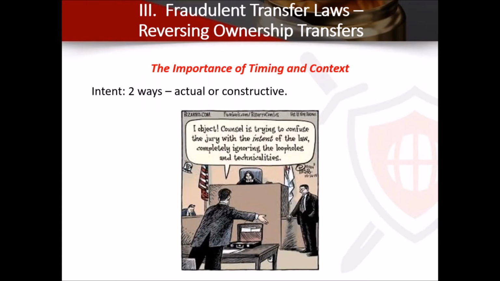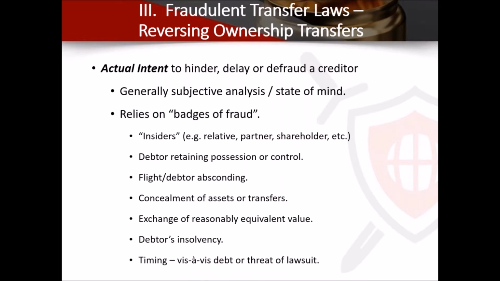So when we talk about fraudulent transfers, we basically show this intent to avoid a creditor. And you can prove that as the creditor two ways. One way is actual, and one way is constructive. I don't want to get too lost in the weeds on this, but it's kind of the basis for the whole reasoning behind upsetting the apple cart on an asset protection plan. It's kind of the basis for the whole seminar. The first one is actual intent.